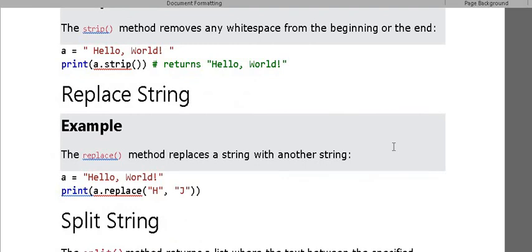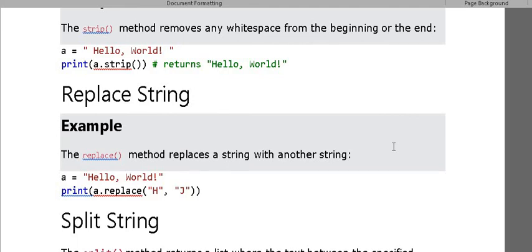Next function, replace a string with another string, meaning replace particular characters. If we want to change particular characters in the string, we can do it with the replace function. Suppose here I am giving hello world. Instead of the H character, I want the J character.